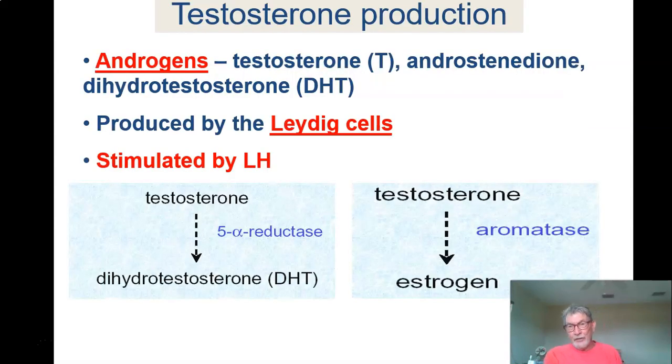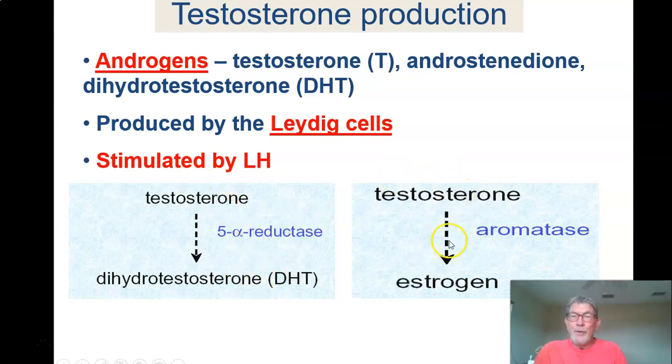Okay, let's look at testosterone. First of all, it's going to protect the Wolffian ducts and create the male fetus, produced by the Leydig cells in response to LH. But it does a lot of things in the development of the male throughout their whole life, especially through puberty. So testosterone is made by the Leydig cells, and then you can convert some of it into dihydrotestosterone, which is a slightly different version that has a different job to do.